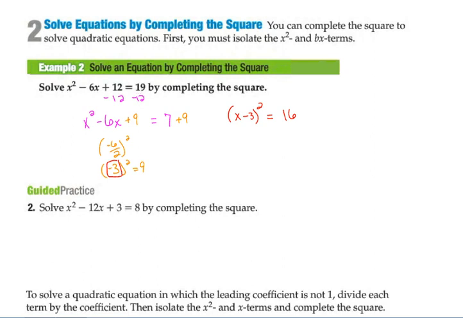Okay, why would I do that? Because now look at this. My goal was to get that exponent of 2 off of the x, and I did it. So I can go ahead and solve for x. I'm going to undo PEMDAS. So first thing I have to do is get rid of that square. We found out in the intro, that means I'm going to take the square root of both sides. So again, understanding the square root of a quantity squared is just going to lift off that square. I'm left with x minus 3